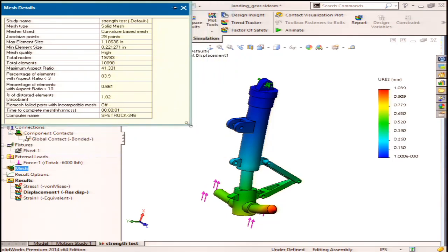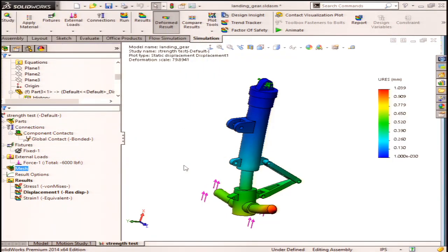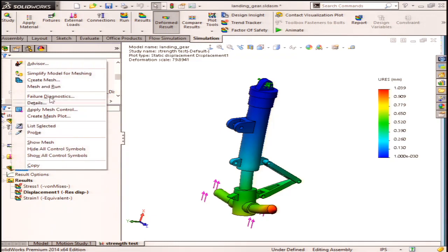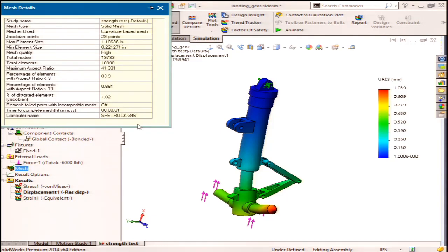So the first thing, the reason why I think these results look this way, where they're not perfectly symmetric, is because it's not a symmetric model. Even though it looks symmetric to us, when we break it up into those triangles, the mesh elements, it's actually not symmetric. So that's the first thing I would look at. You asked about the details. You want to define the accuracy of your mesh and look at it. You're going to want to look at this number right here, the aspect ratio. That's how we define the shape of the element. So that's defining whether they look like good elements. So the aspect ratio is the